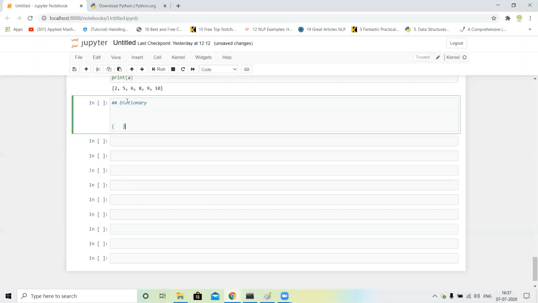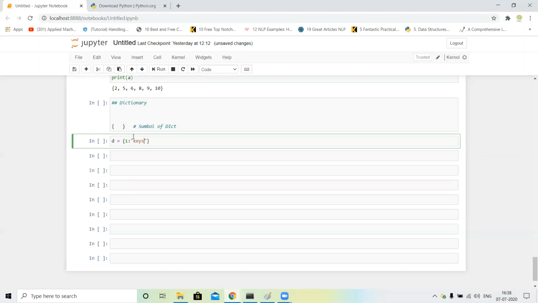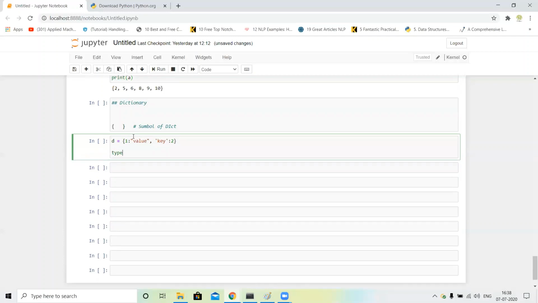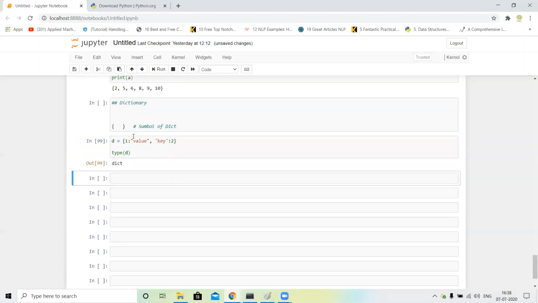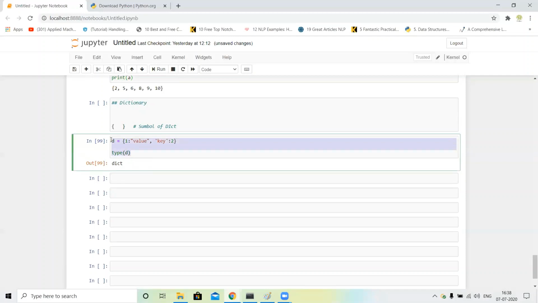This is the symbol of a dictionary. So first of all, we assign d equal to braces 1, a value, and next a key. When we print type of d, our output is dict. We have assigned d equal to a dictionary, guys.